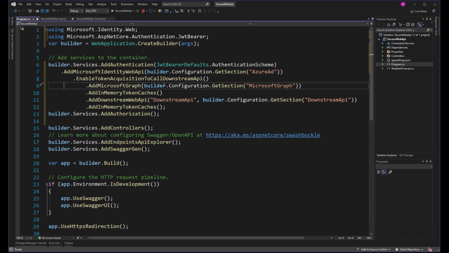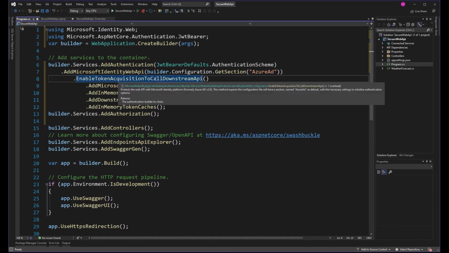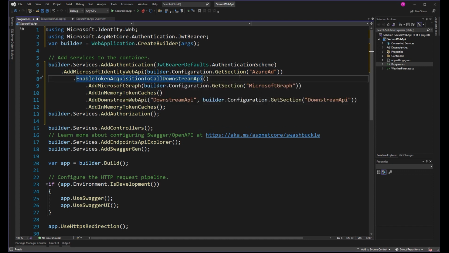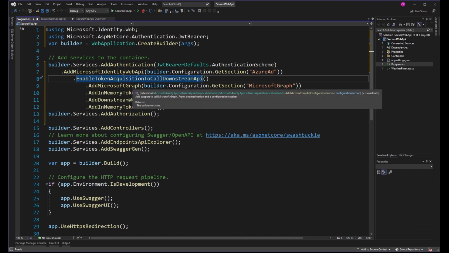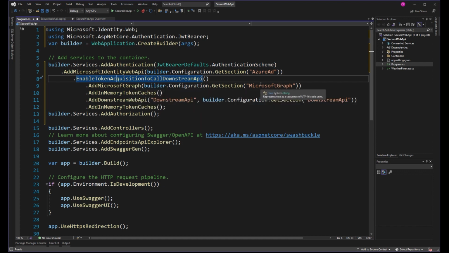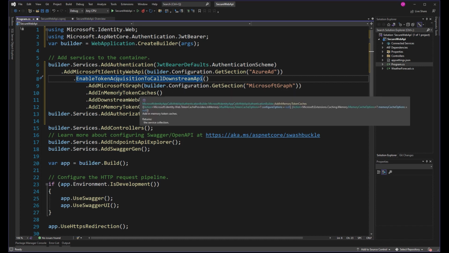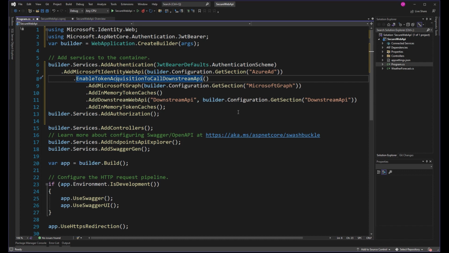And off of that, we're hanging enable token acquisition to call downstream API. And we're adding Microsoft Graph. We're using the configuration MicrosoftGraph section, which we'll get to. We're going to add in-memory token caches and add a downstream web API using a configuration that we have yet